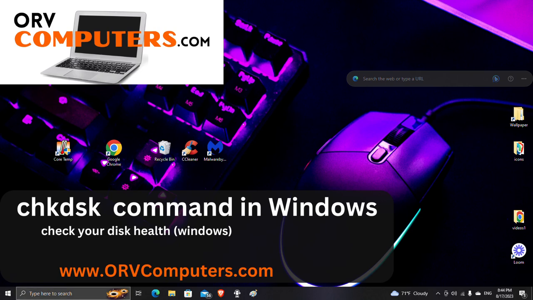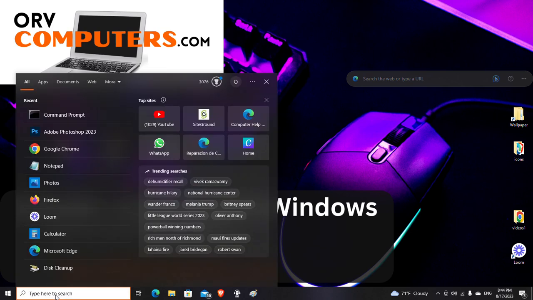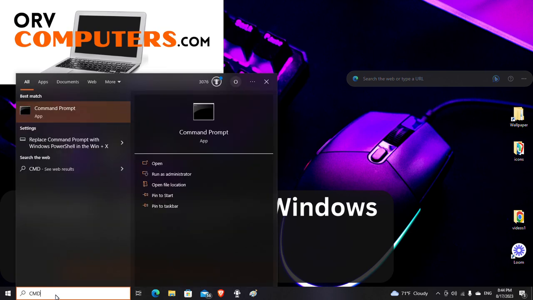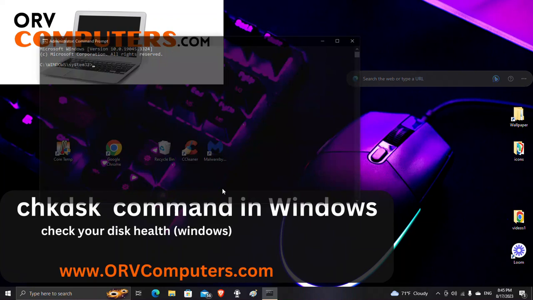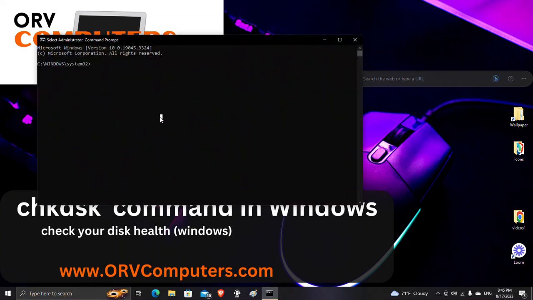We're coming here to the search box and we will type CMD, which is a command prompt, and we will run as administrator. If it asks you for a yes or no, you click yes, and here we will type CHKDSK C colon /F. Suggestion: do lowercase f, and hit enter, and it's going to tell you that